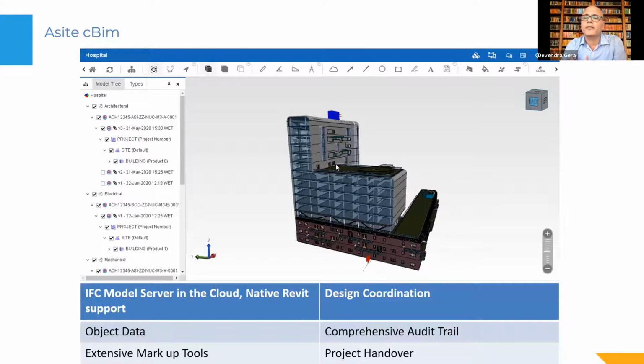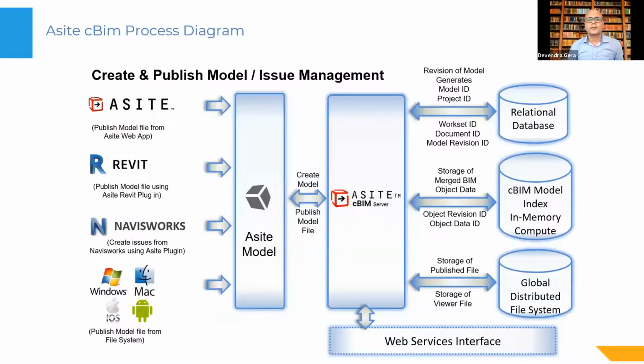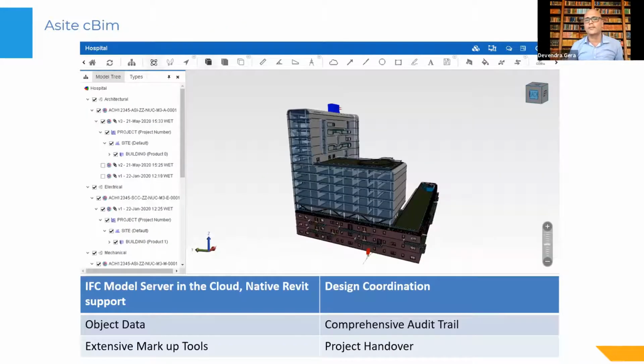model data is uploaded and when we federate the model, it's not just the view part which we federate. It's at an object level, and you can have object level versioning available, which is done via our proprietary in-memory hashing algorithm, meaning that you can export the merged model back, which can then be imported into any BIM authoring tool. We also have a comprehensive audit trail, which I'll show in the demo in a bit.